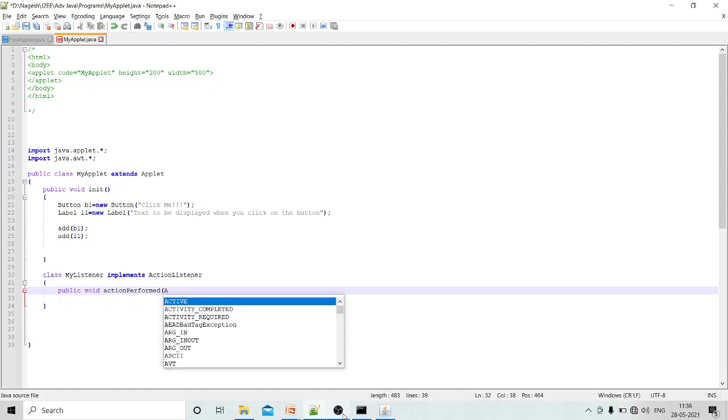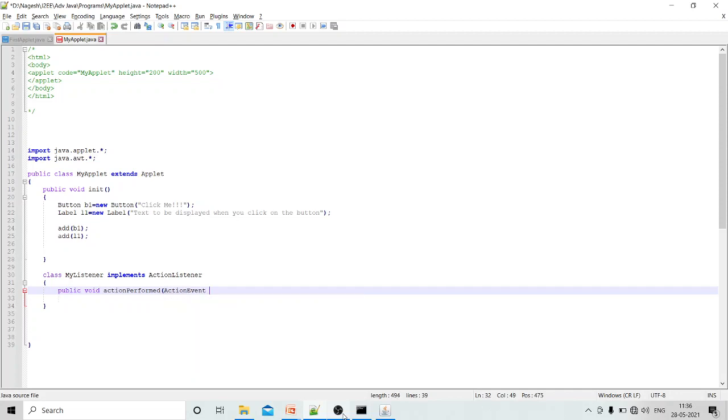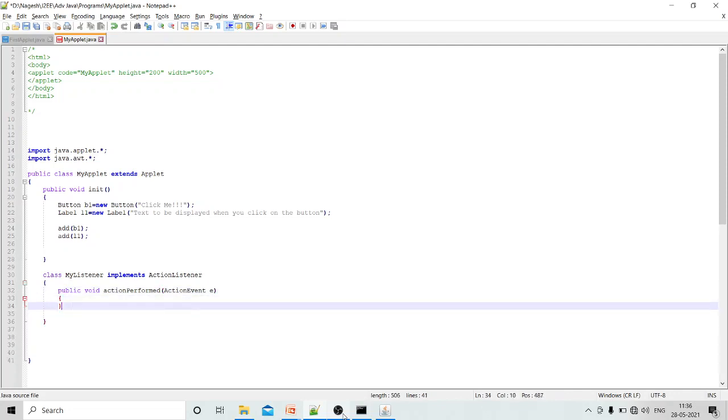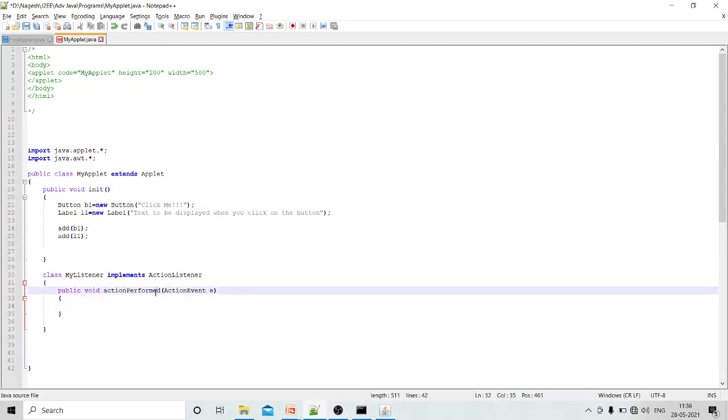This method is declared in the interface ActionListener, remember, and this method takes one object as an argument, that is an ActionEvent object. This is the method which is called when an action event is generated.